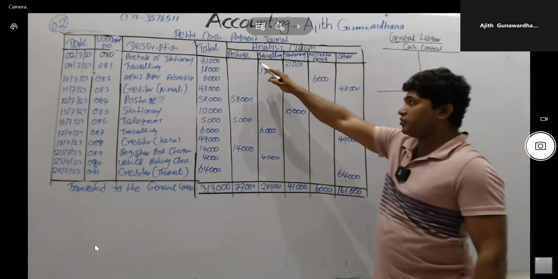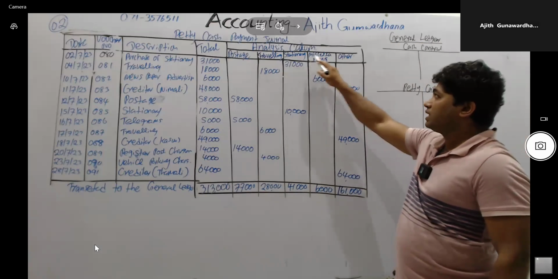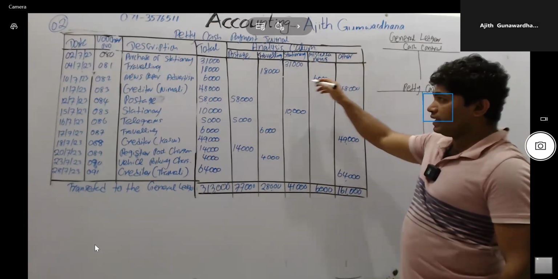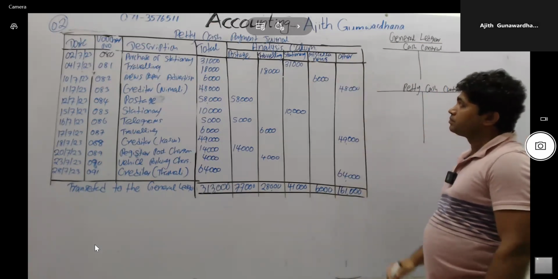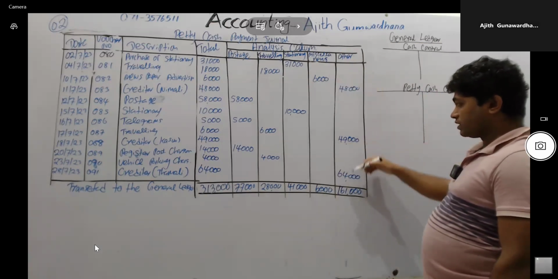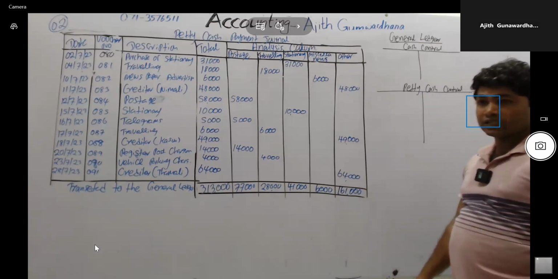Cash control and petty cash control, and separate ledger accounts for postage, travel in, stationery, as well as miscellaneous. It has given newspaper advertisement, so a separate ledger account for advertisement. But in the other column, it has given payment for creditors. You have to prepare only one ledger account as a creditor control.